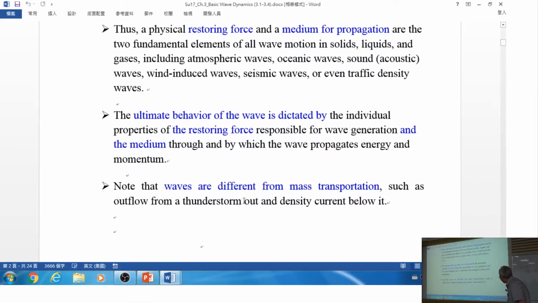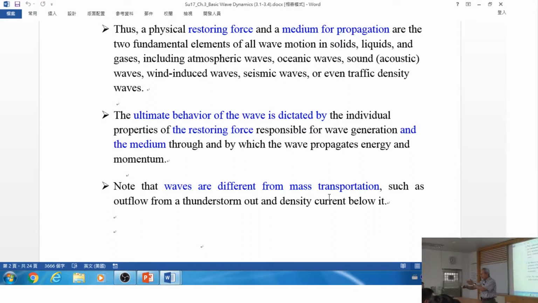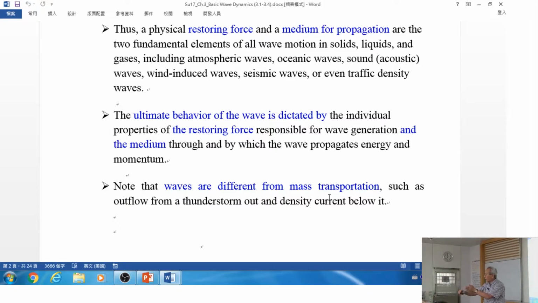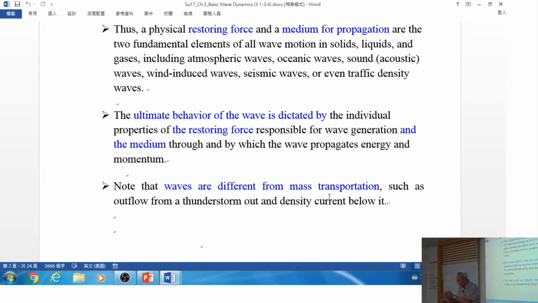Waves are different from mass transportation. That's something you have to understand, because when we have waves, like if this is a spring and you compress it, the particle here will just go like this, but the wave propagates out. Mass transportation is different. In mass transportation, you have the particle going along with the motion. Like for example,